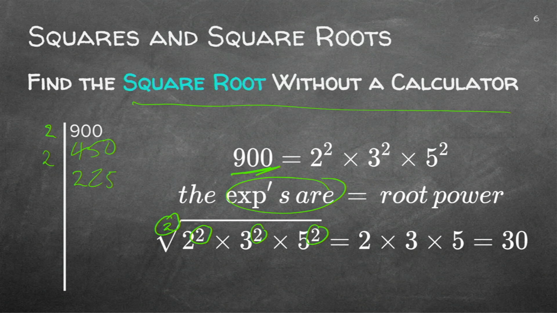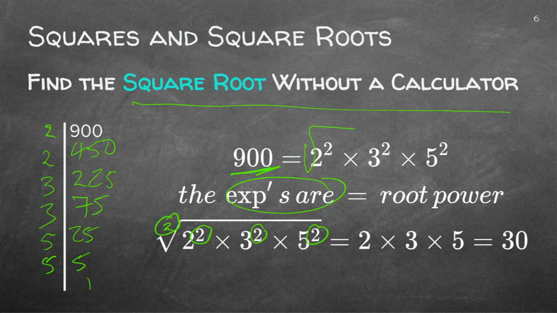Then you are going to divide this by 3 because 2 plus 2 plus 5 is 9. So you can divide 3 into it, which is going to give you 75. I can divide 3 into that again. Now you go to the following prime factor, which is 5. And now you can see that 900 is 2 square times 3 square times 5 square.